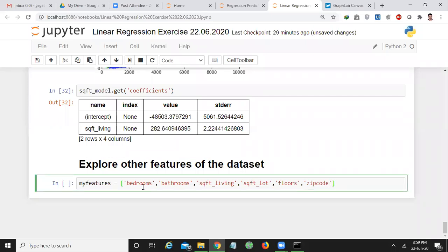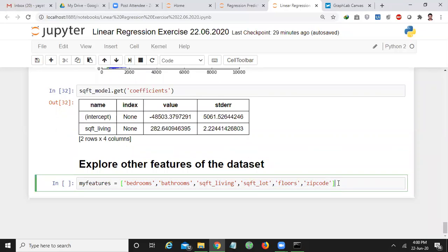Why I am giving zip code here means, for example, if you take Vizag, the SQFT value will be different from area to area. You may have SQFT cost with some value in Madhurwada, with a different value in MVP, with a different value in Sitamadara, with a different value in Gajuwaka. That means the zip code is also playing a very important role in order to estimate the price. Am I right? That is why, in order to estimate the price, I'm not taking only a single feature, I'm considering all these features. With the help of these features, I want to perform some analytics on my price. That means I want to predict the price.